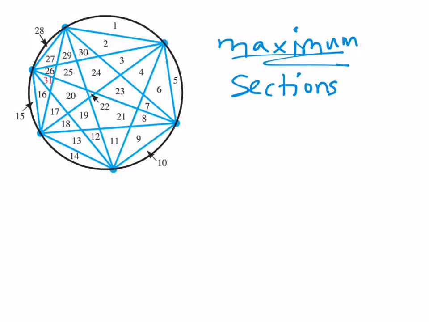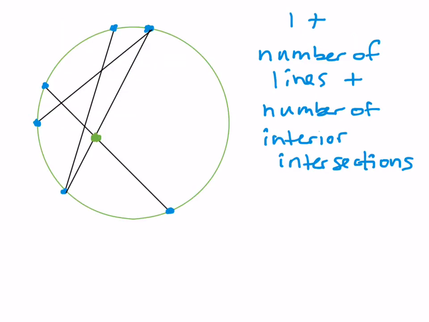Now that we've learned about combinations, I'd like to return one more time to the sections of a circle problem that we've talked about earlier in the course. So where we left off in the last video, if you watched that one, was that we had talked about the number of sections in the circle, and we had built this up starting with the initial first section that